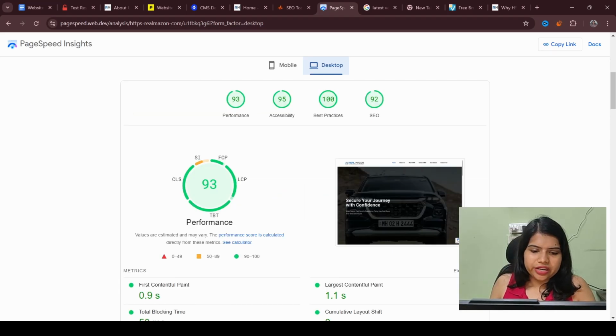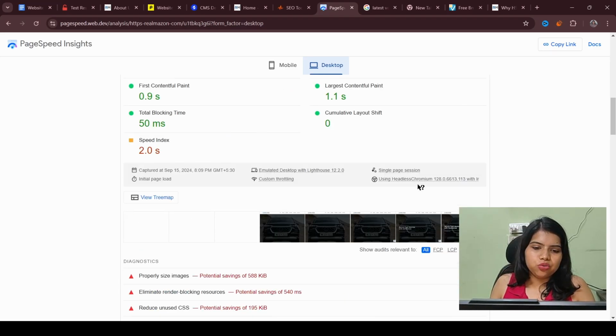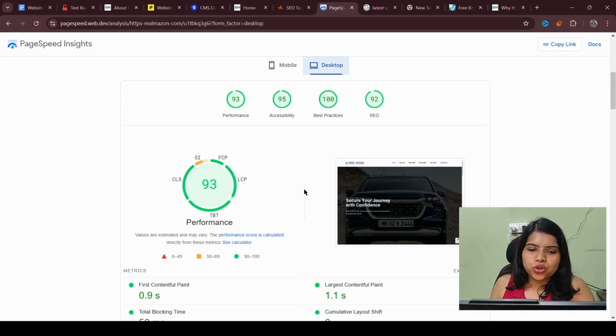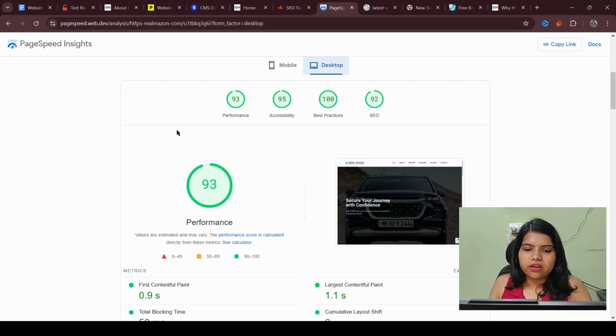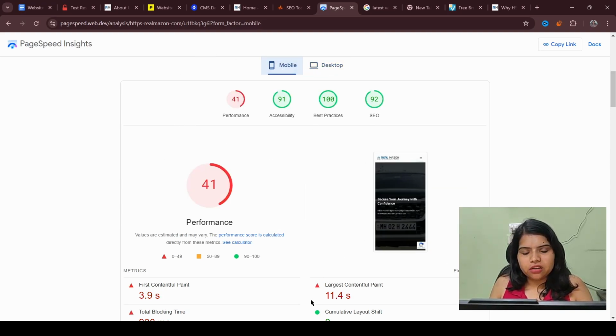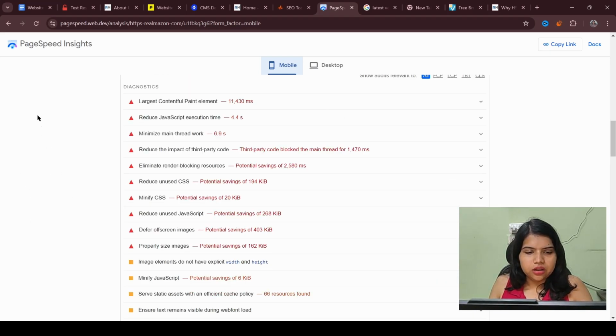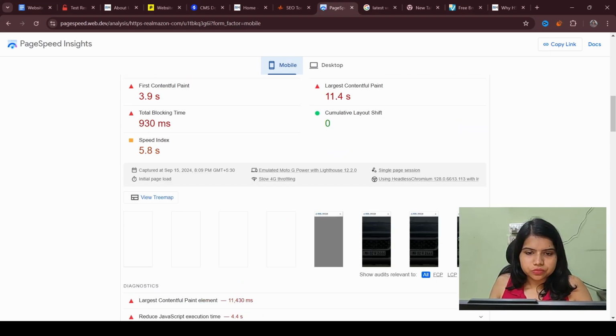For desktop, if it is fine, then it's not needed to put it in, because if you are only highlighting the mistakes in a report that you are submitting, then you should not add it, because it's giving a successful result. But if you are doing annual maintenance of the website, then it's fine, you can add this. So just take the mobile ones which are giving a negative result, and let them know that you can fix these using different methods.